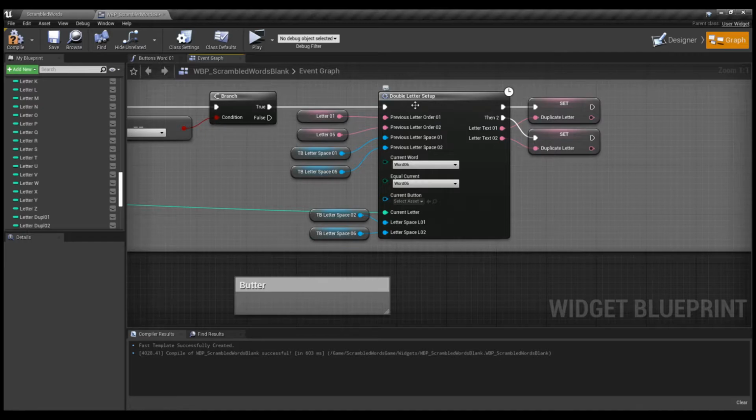The first E is the second letter in the word, so we're going to connect 02, and the second E, which will be 1, 2, 3, 4, 5, will be connecting space 05 in here. So that's why there are two previous letter order variables. In this case, when the double letters are together, like in the example of butter, we only need to consider the previous letter that is not double,